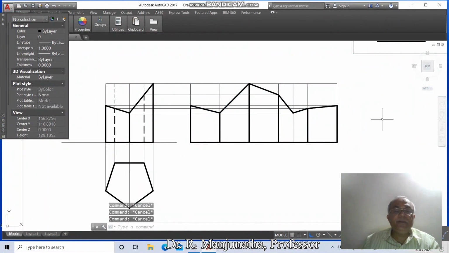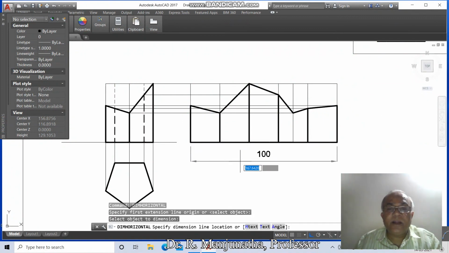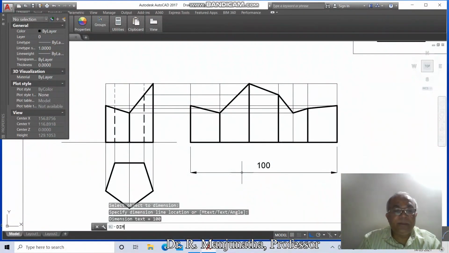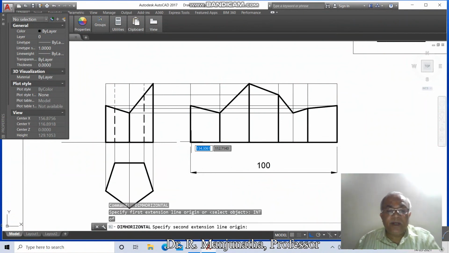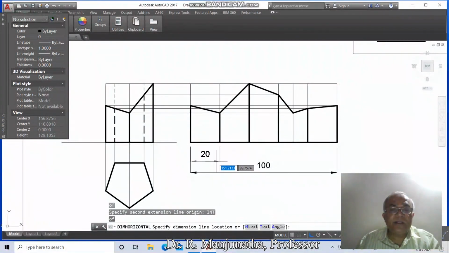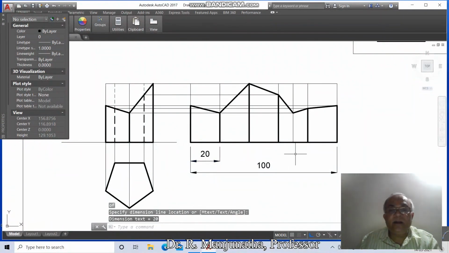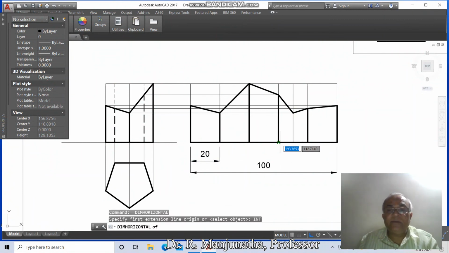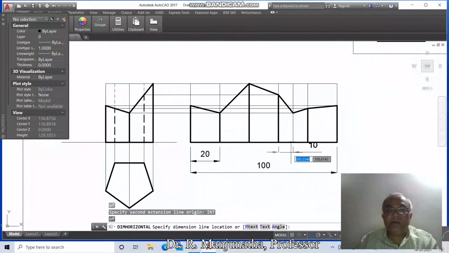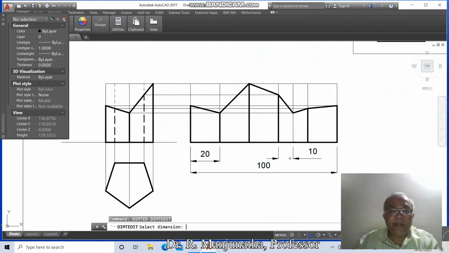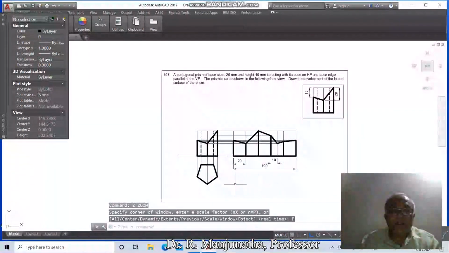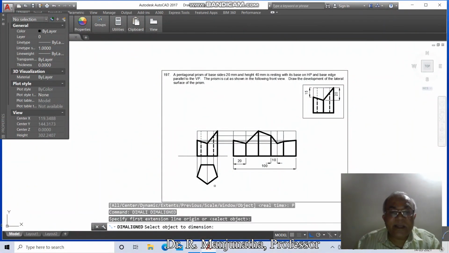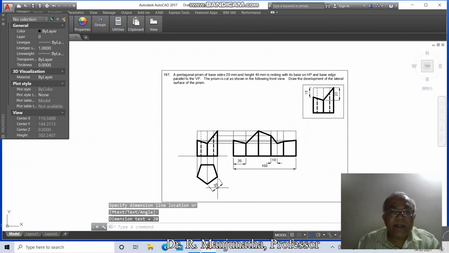Now we have this, then go to dim horizontal, select this line and you take it as 100, then dim, then horizontal, intersection of this and take intersection of this and you take this dimension as 20, then dim horizontal, take intersection of this and take intersection point of this and give 10, dim TED, select this line and take it here, then go to zoom previous, then go to dim align, select this line and take it as 20,